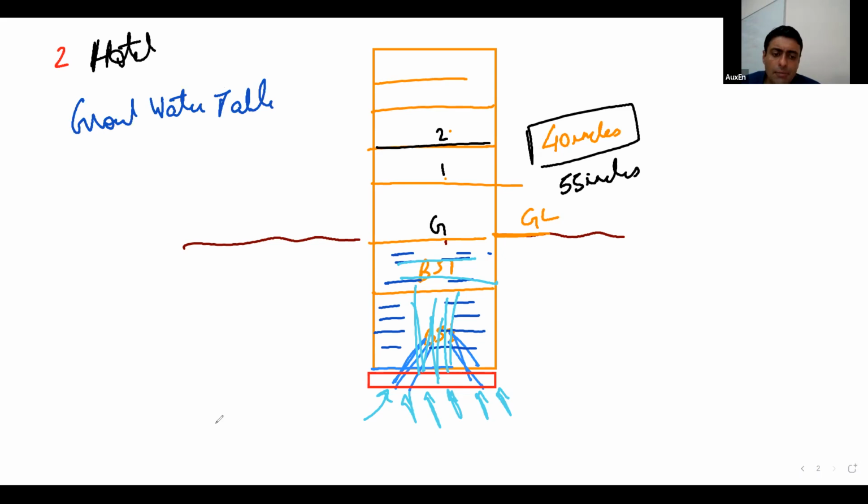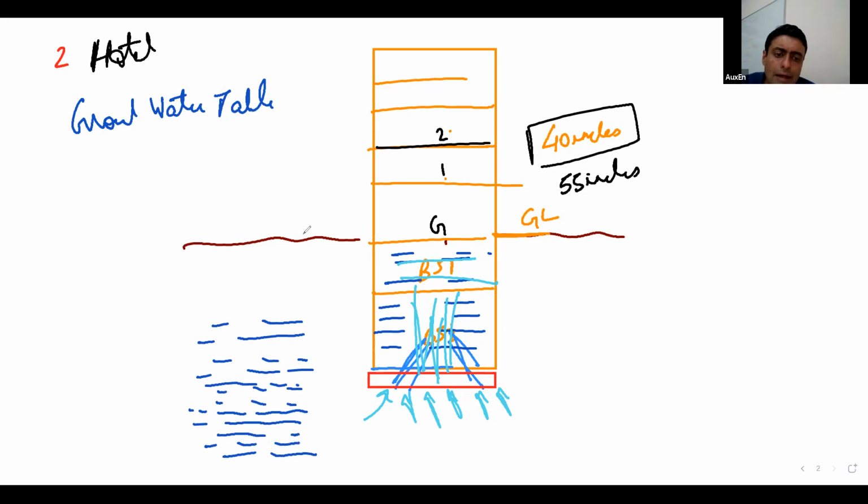So groundwater table means that your soil is saturated by groundwater till a certain depth. Okay. So for example,